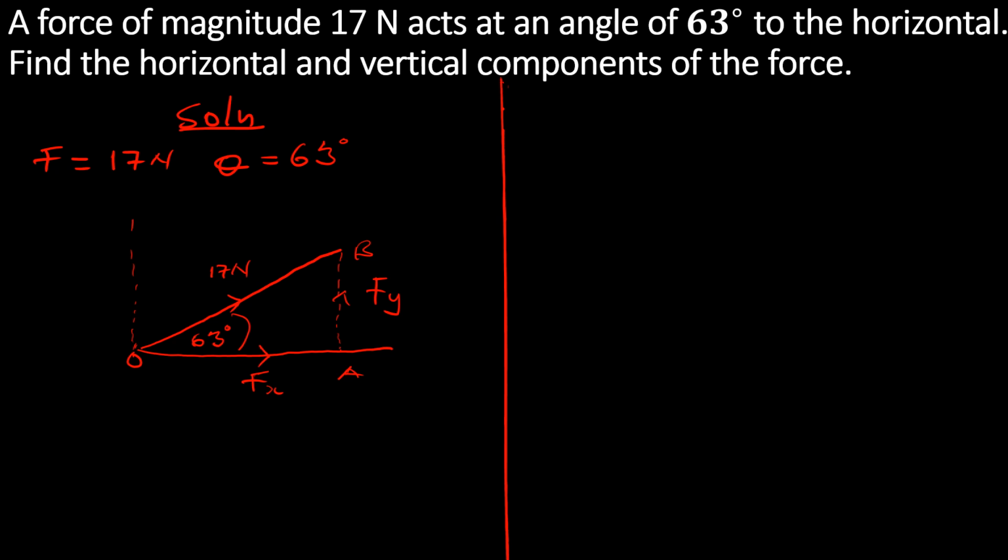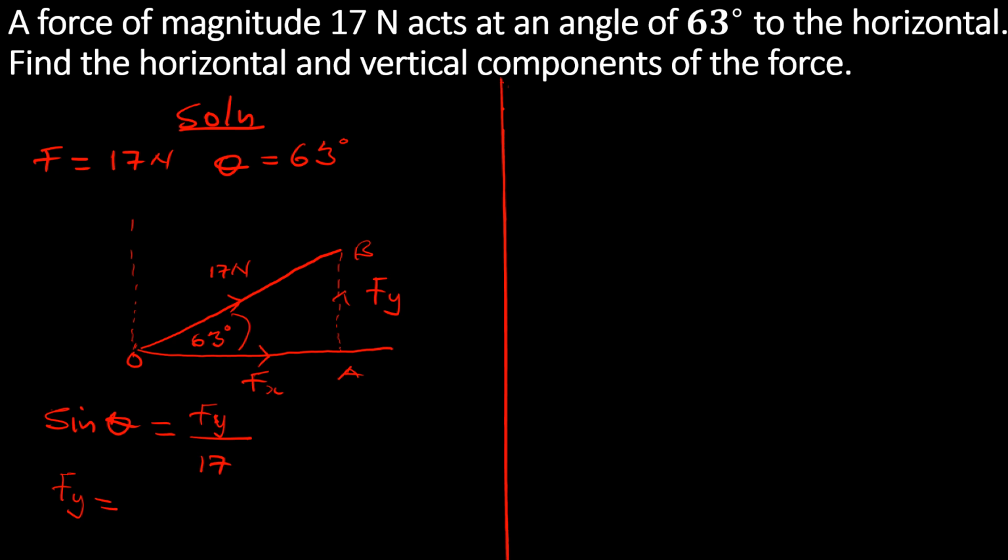Okay, so sine theta, which is the angle, is equal to F of Y over 17. So in mathematics, you say sine theta is equal to opposite over hypotenuse. Okay, so it's a matter of change of subject. So F of Y